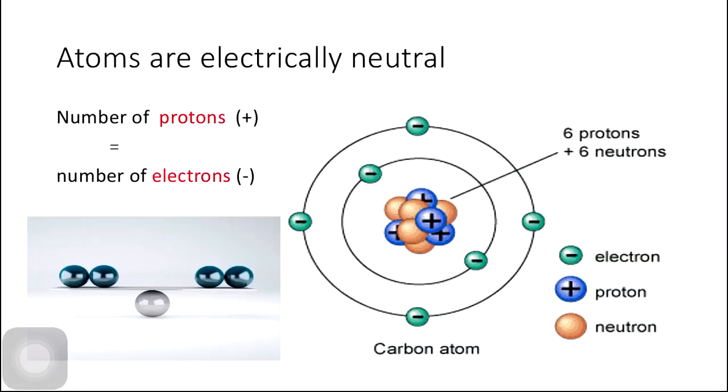According to Rutherford, atoms are electrically neutral because the number of protons inside an atom equals the number of electrons. To understand this, just look at this diagram of a carbon atom. In the nucleus of the carbon atom, 6 protons are present, and around the nucleus 6 electrons are revolving. 1, 2, 3, 4, 5 and 6. So it means that this carbon atom has positive 6 charge in the nucleus and negative 6 charge around the nucleus. So this positive 6 charge cancels out the effect of negative 6 charge, and overall charge on the atom is 0. So the atom is electrically neutral.